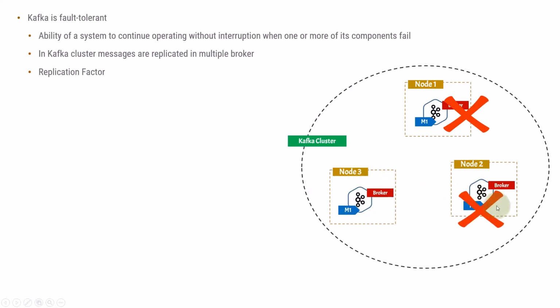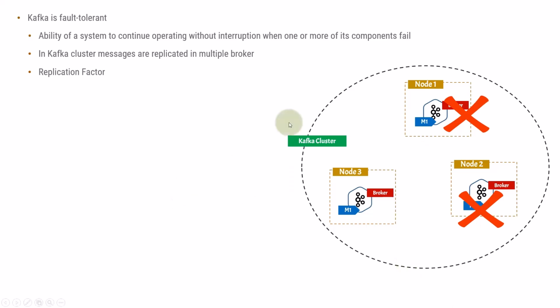Let's say node 2 also crashes. In that case also, my message M1 is present in node 3, and I can still access M1. But if node 3 also fails, then the message is gone. But in the current environment, the entire cluster is situated in different geolocations. So it cannot happen that all the nodes crash or go out at a single time. That's why we keep the nodes in different countries or different geolocations, so that there is replication and you can access the message if one geolocation fails or another fails.